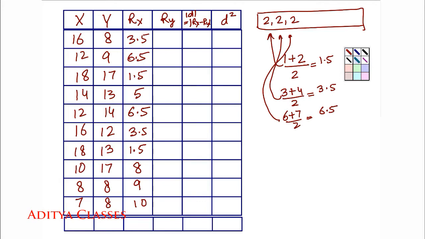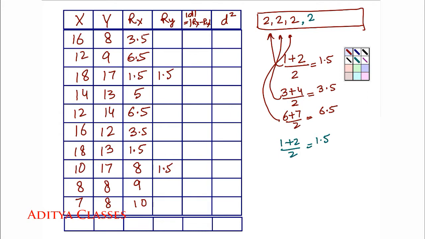Now let us move on to ranks for y. What happens with ranks for y? 17 and 17. So there is a clash for first and second spot. So I'll award them 1.5. And how many ranks were tied? 2 ranks. So I'll put a 2 over there, and I'll put average ranks for them, 1.5 and 1.5. So first and second rank is gone.